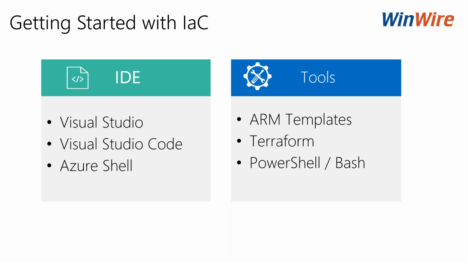Terraform is a third-party service that integrates with various providers, irrespective of whether it's Azure, AWS, or even VMware. You also can use PowerShell and Bash, which again goes back to Azure, where you have an option to configure your resources using PowerShell and Bash. All of these tools and methods have their own pros and cons. Terraform is cross-platform compatible, but ARM templates and PowerShell are primarily relevant to Azure and Microsoft-based technologies. So with this, I'll quickly move on to a demo,